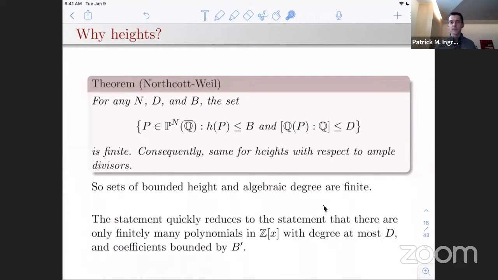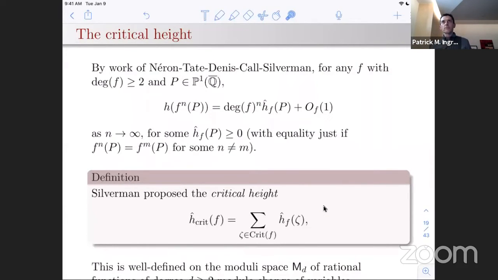For example, the Mordell-Weil theorem for elliptic curves. The way you really prove it is you prove that the Mordell-Weil group is generated by a set of bounded height, right? And then the fact that that set of bounded height is finite gives you a finitely generated group. And this is actually not that hard to prove. This is done fairly easily by reducing to showing that there are only finitely many polynomials up to a given degree with coefficients bounded by something. So heights are going to come in here basically as a measure of arithmetic complexity, but also just because they allow us to prove finiteness results.